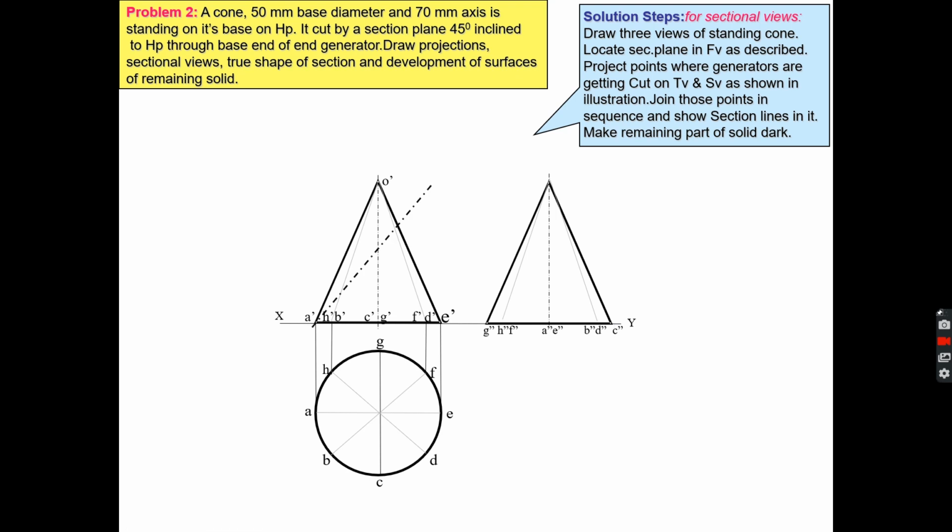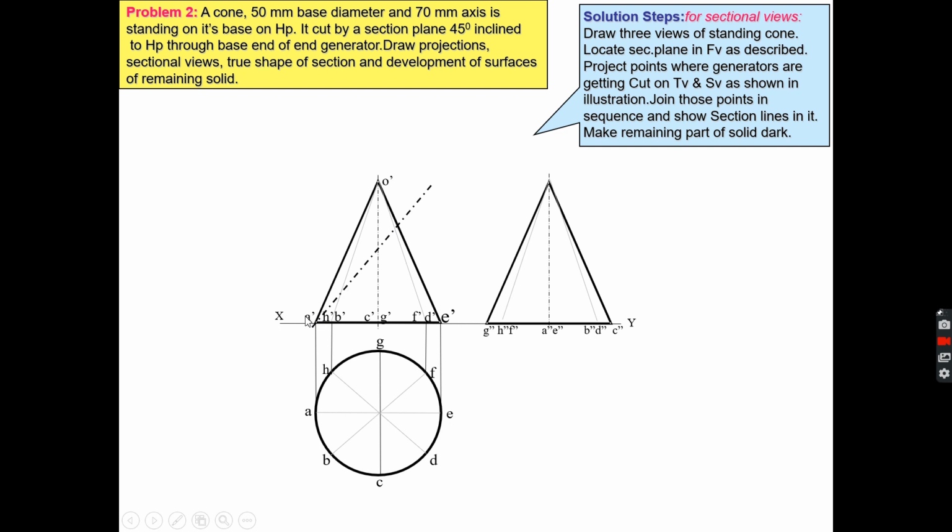Then you have to cut the cone by a section plane inclined at 45 degrees, which is passing through the base end. This is your base, and this is the base end of an end generator. This is your end generator, and this is your base end, this point. So this section plane is passing through this point and at 45 degrees to the horizontal plane. So when you cut this section,